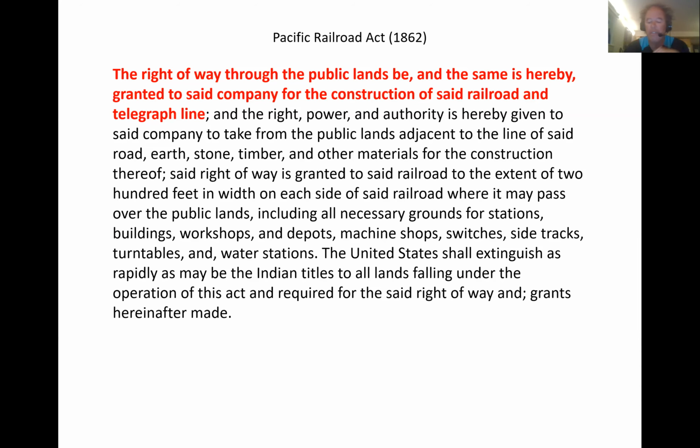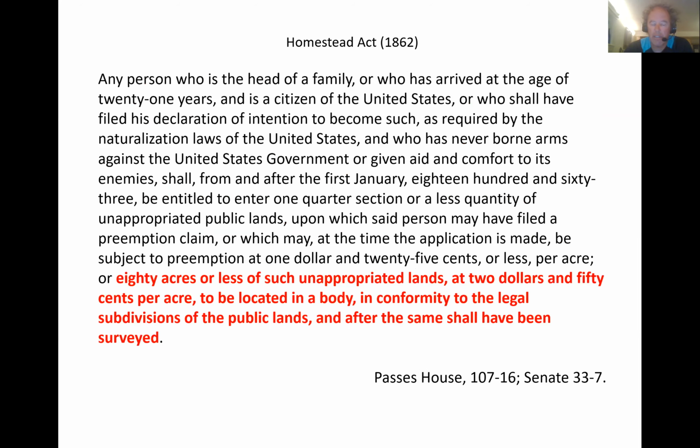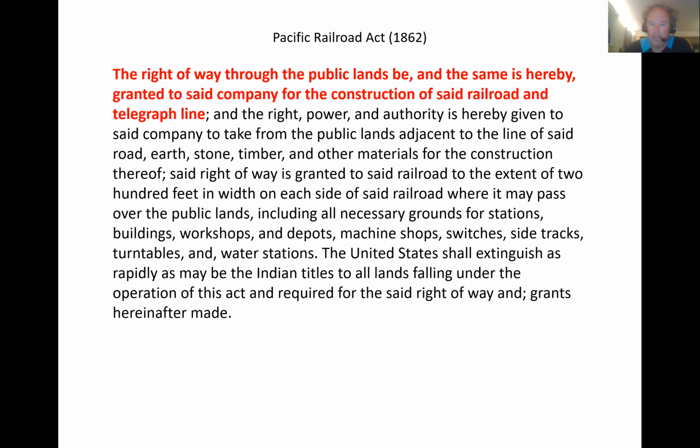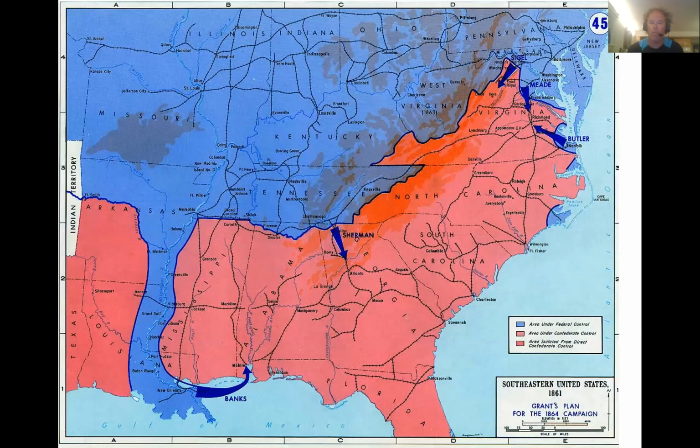So what these three pieces of legislation have in common, Homestead Act, Land Grant College Act, Pacific Railroad Act, is they dramatically enhance the power of the federal government over matters that very broadly deal with economic affairs. And they're an important part of the constitutional history of the Civil War, even though they don't involve the events of the war itself. Now, those events culminate in 1864, 1865.